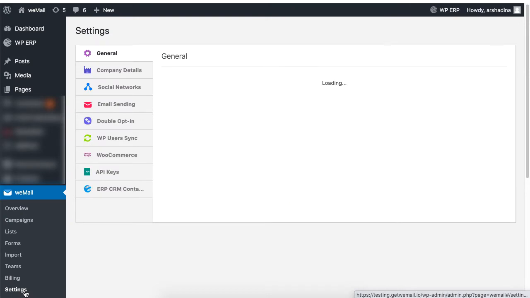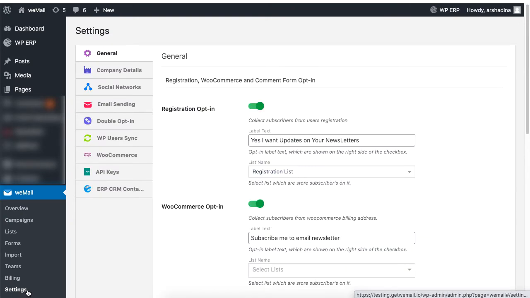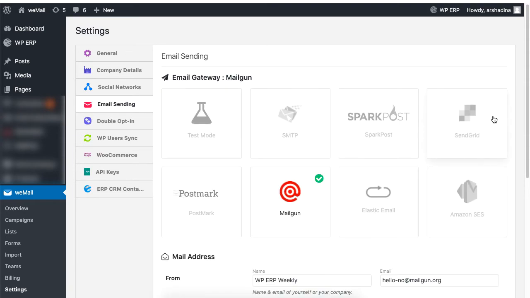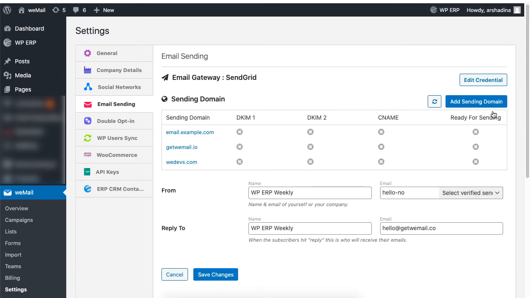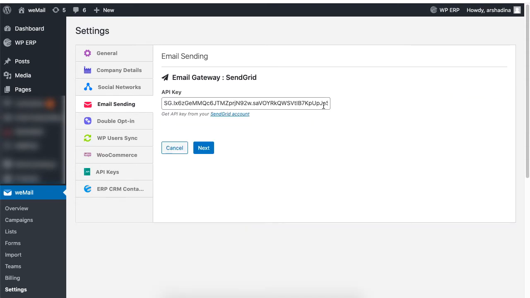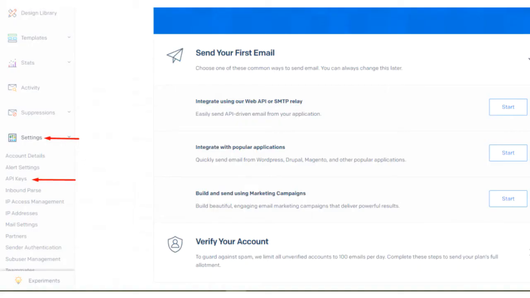Now go to the settings of your Wemail dashboard and under Email Sending, click on SendGrid. Click on Edit Credential and then paste the API key. Then click on Next. To authenticate your domain, you need to log into your SendGrid account and go to Settings